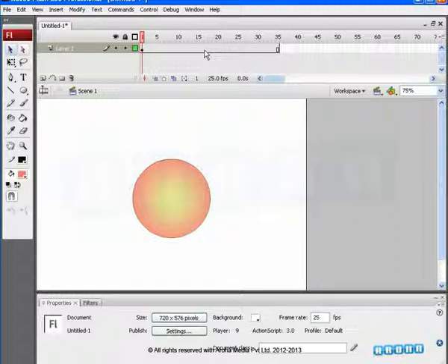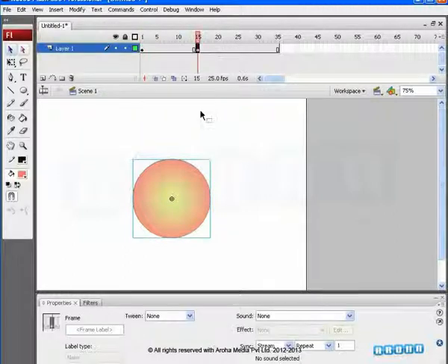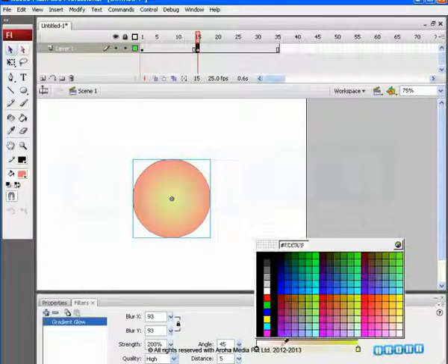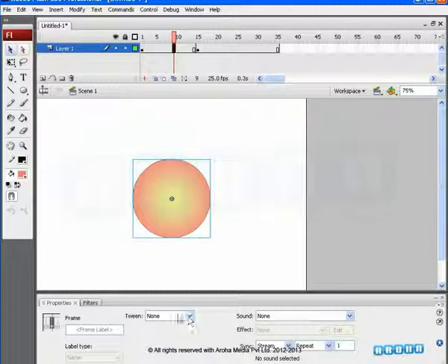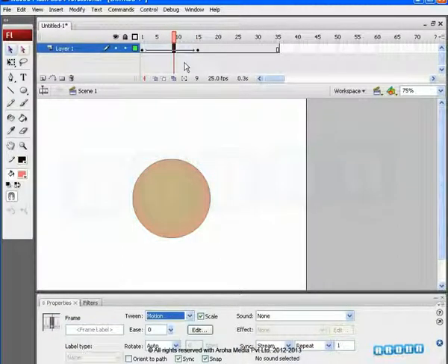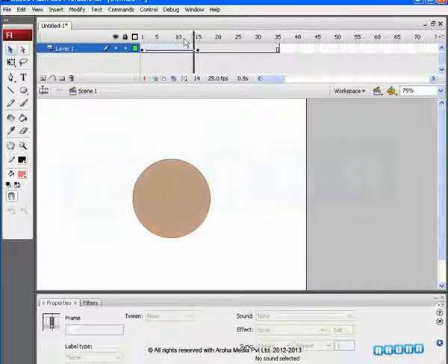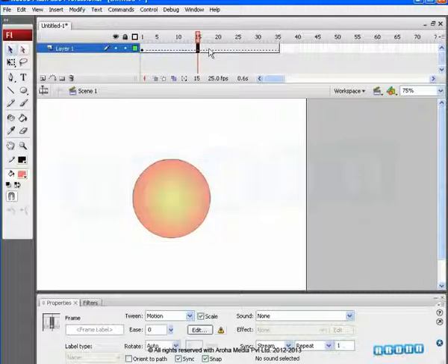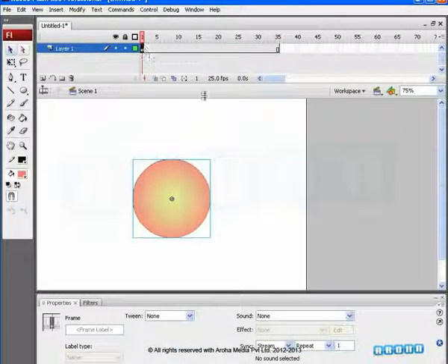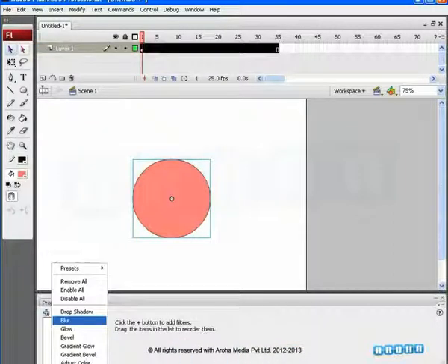Go to the 15th frame on the timeline and press F6 to create a keyframe and make some changes in the filter options. Now, right-click on any frame between 1 to 15 and choose Motion Tween. Preview the animation. An important pointer can be understood here. Symbols cannot be given Shape Tween. Motion Tween is the only animating option for symbols. Now, let's remove the Motion Tween and the filter as we did before.